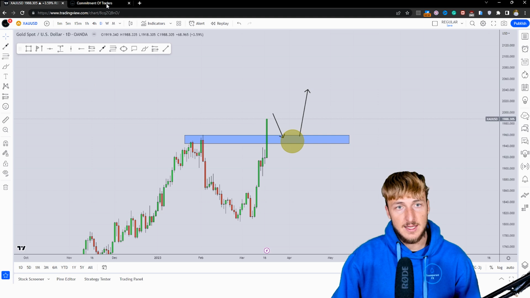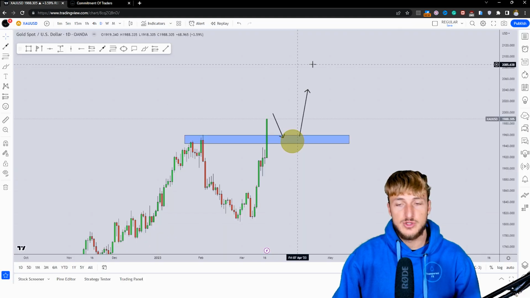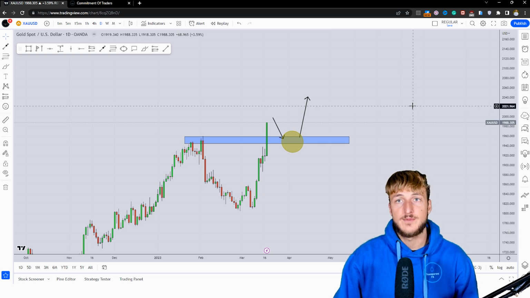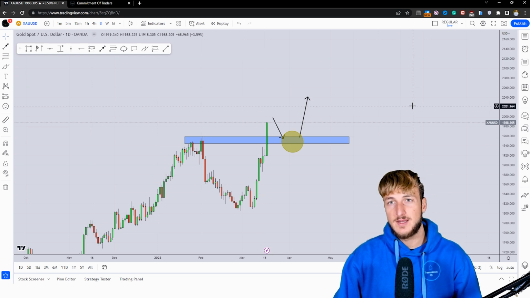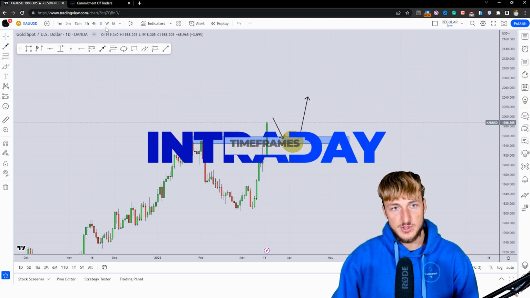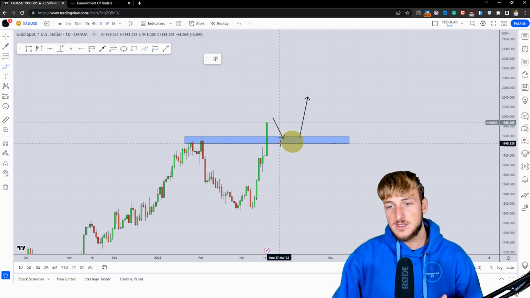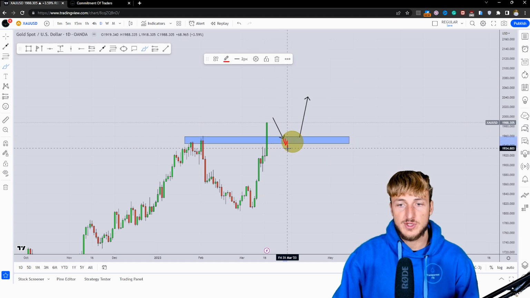The monthly, weekly, and daily combined with the COT data, those are the best time frames from a directional perspective. However, when it comes to confirmations and entries, the best time frames are the intraday time frames, so 4 hour and lower. Therefore, what we could be doing is monitoring price action from an intraday perspective during this move to the downside,